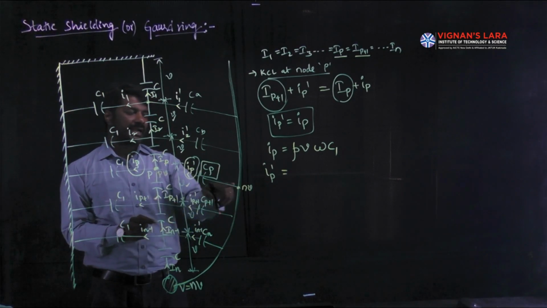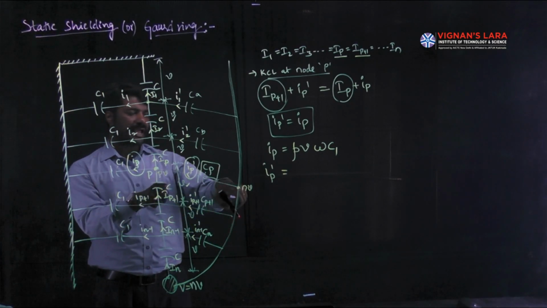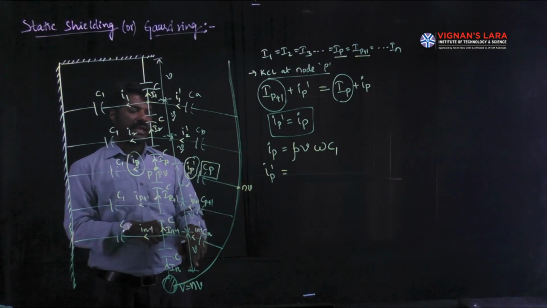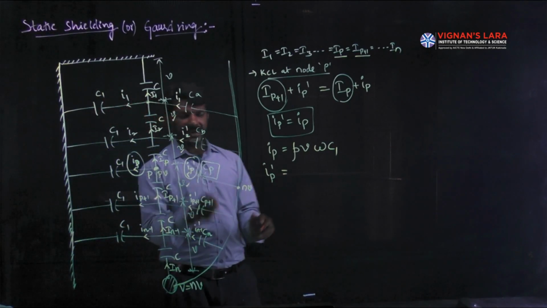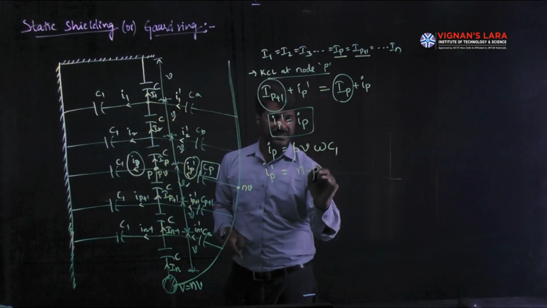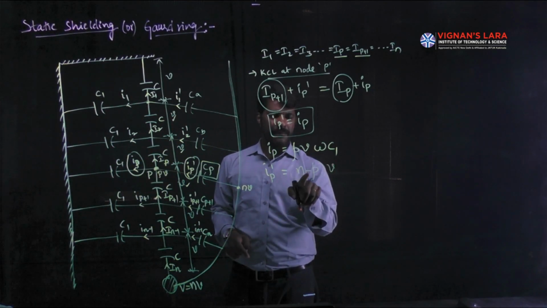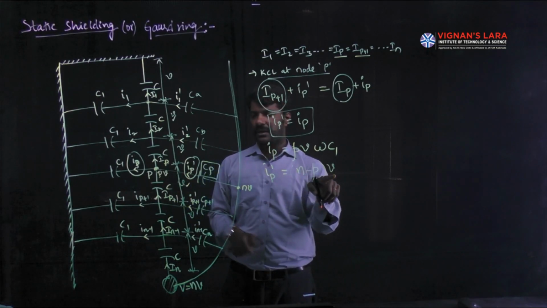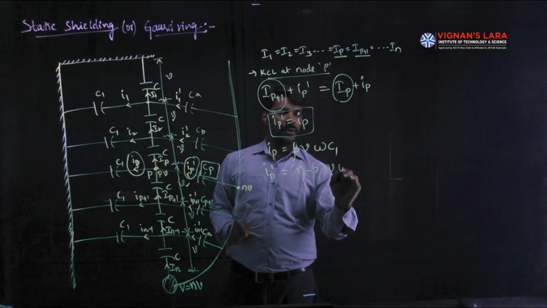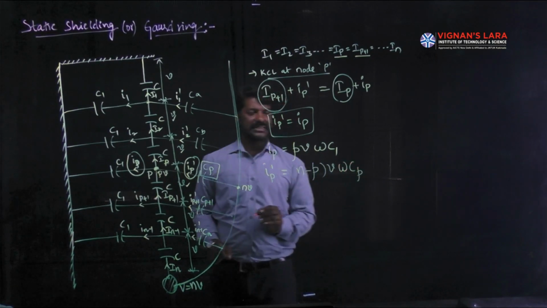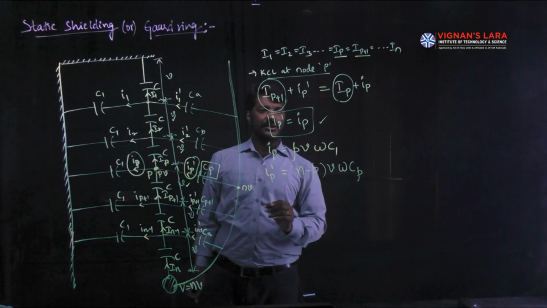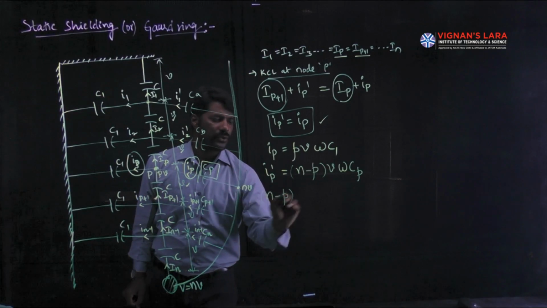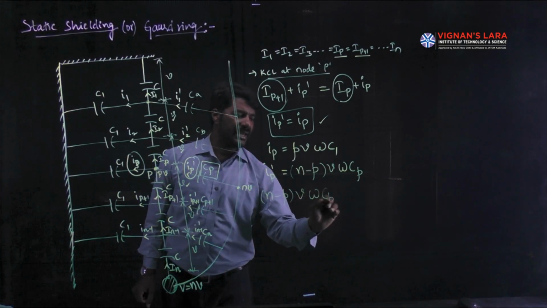Current passes from NV to PV, so higher potential minus lower potential is equal to N minus P into V. So IP dash is equal to the voltage available, N minus P into V, NV minus PV, times the capacitance available, omega Cp. As per the equation, these two magnitudes should be the same. Then I can write N minus P into V omega Cp is equal to